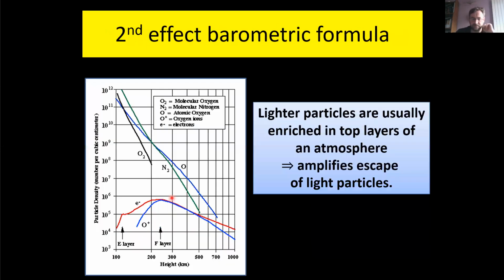And there something else kicks in. Density, which means the number of molecules, is usually higher near the surface. And the higher you go, the less dense the atmosphere becomes. That is some kind of barometric formula. And of course it becomes a bit colder. Good effect. So if we talk about this stuff, it's rather the escape, the Maxwell-Boltzmann distribution in the upper layer of the atmosphere. And then we also see that if we look at the height